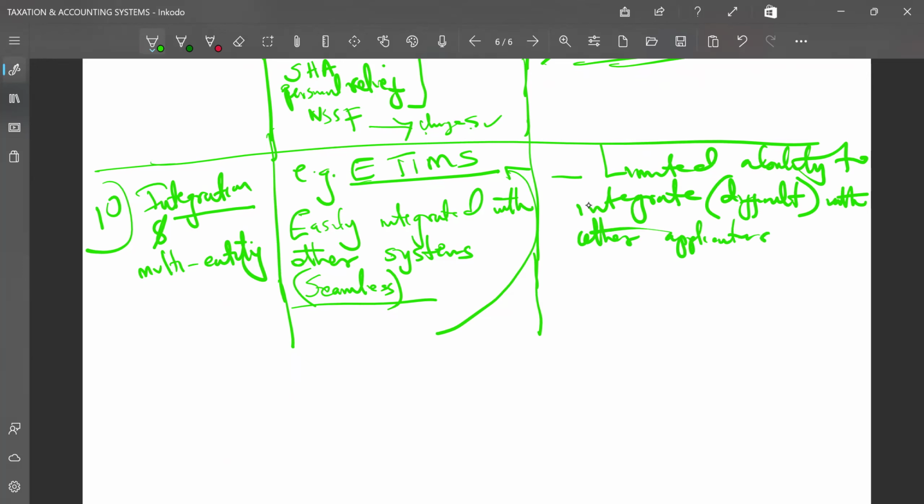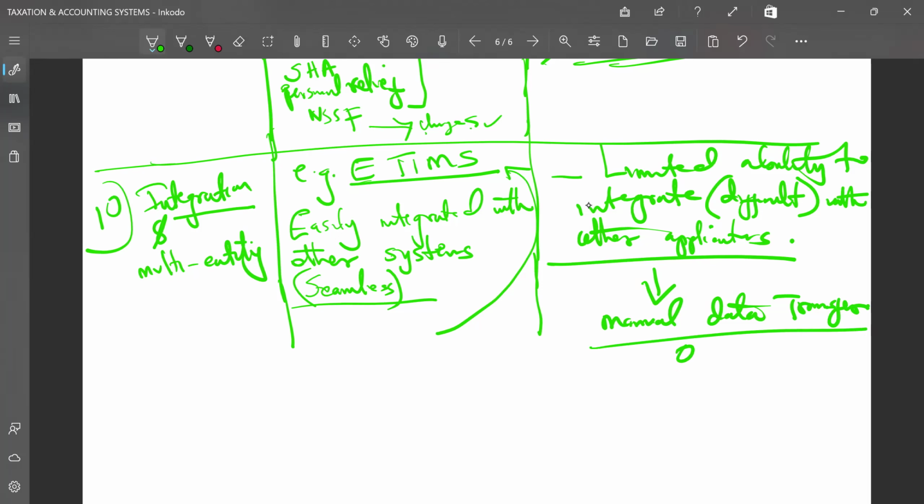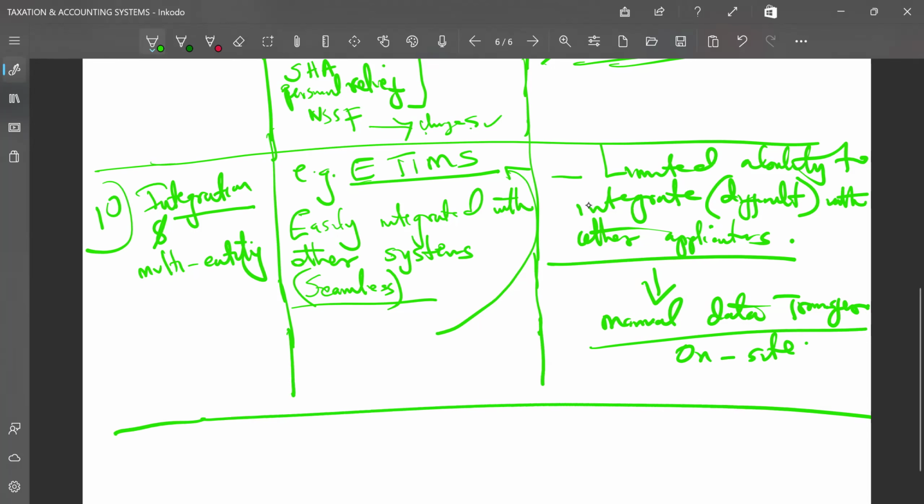When you want to integrate a desktop version, a computer-based one which is on site, with the softwares, you have to do manual data transfer. That is the technicality I'm talking about, manual data transfer. Because when you integrate, there is a lot of coding which is done on site. The coding must be done on site, and the reconfiguration is done on site to be able to manually transfer the data and configure it so that it is able to accept to integrate with other applications. So the technicality involved in the desktop version can be costly from a business perspective.